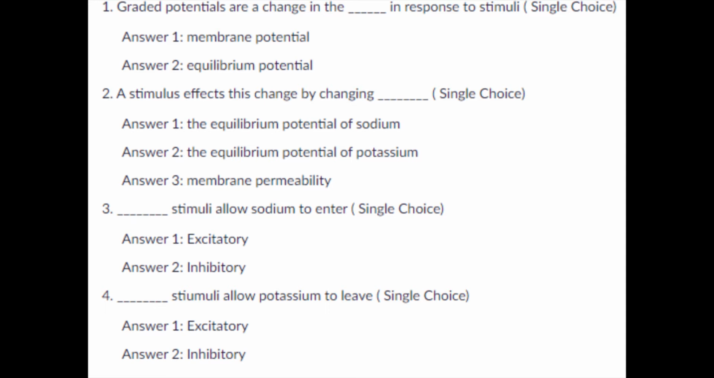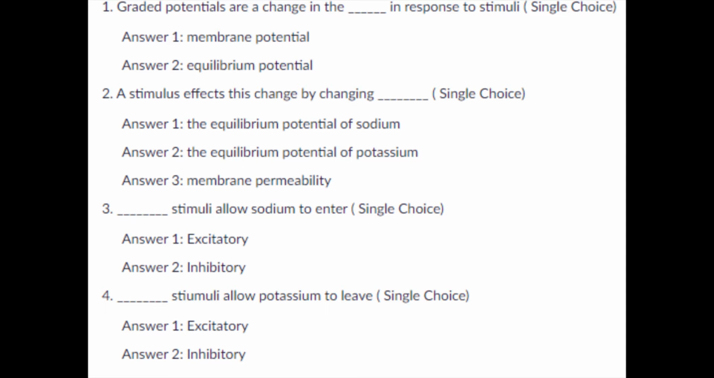Okay. So the way we manage to change the membrane potential in response to these stimuli is that we're going to change what can flow in, what can flow out, how fast it can flow in, how fast it can flow out, which means that we're changing the membrane permeability to sodium and potassium. Sodium, if we're talking about an excitatory stimulus, or potassium if we're talking about an inhibitory stimulus. So the reason this works in order to change the membrane potential